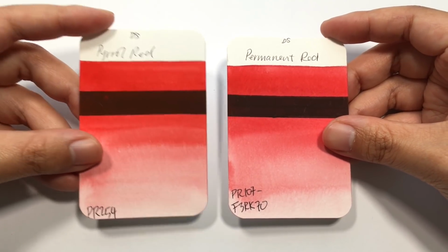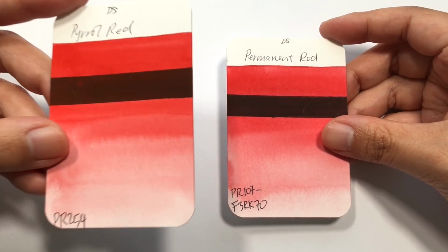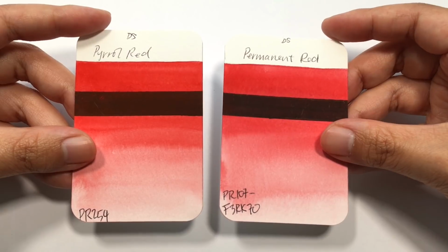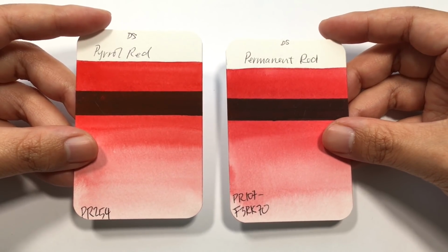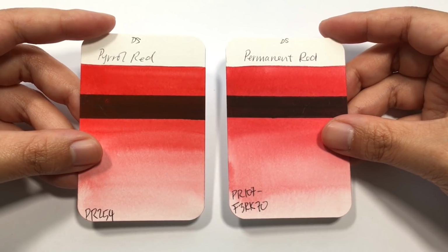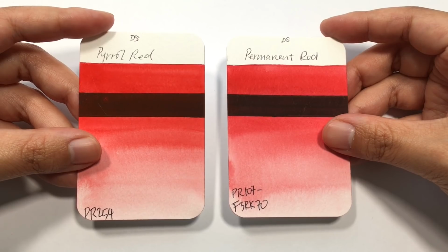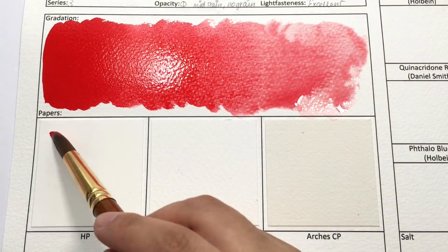So I'd be interested to see if the Pyrrole red is worth the $5 extra, or can we get away with a better deal with the permanent red? It'll be really interesting to see. So let's get painting with these two colors, and then we'll come back and have a good look at both of them. First up is Pyrrole red, and it is made out of the pigment